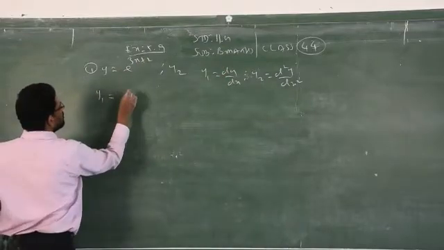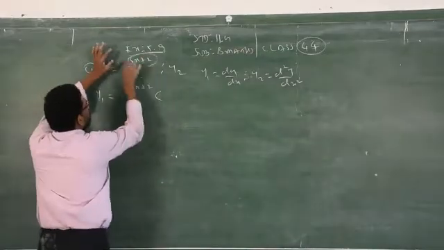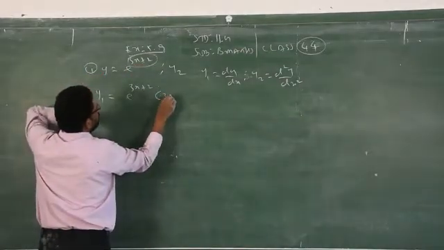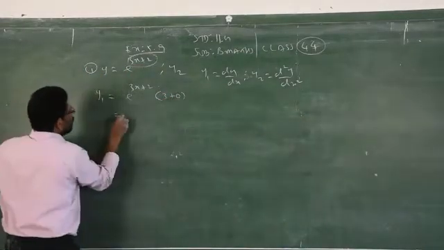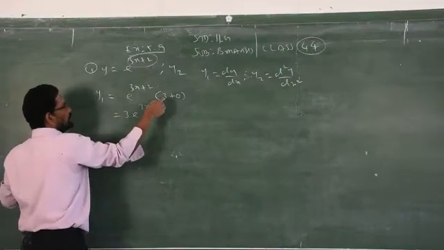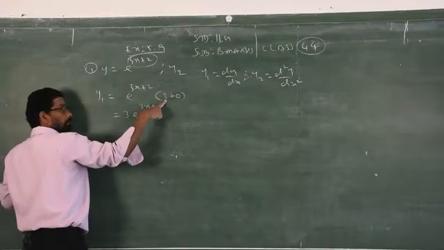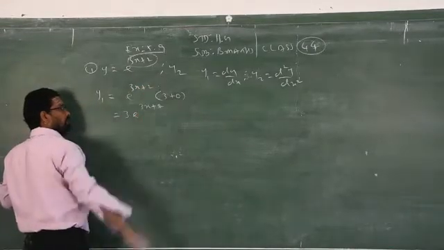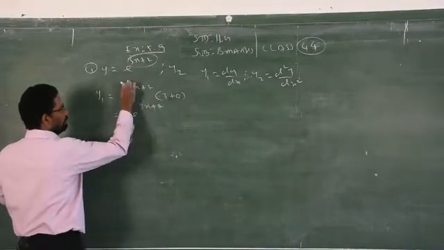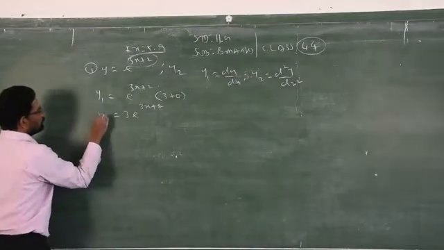That is, e power x is always e power x. Then you know you have to differentiate the power. 3x will become 3, constant will be 0. So 3 e power 3x plus 2. Some of the boys may multiply that power with this multiplier. That is not the correct answer. You don't multiply, that is not allowed. Clear? So 3 into e power 3x plus 2, that is y1.